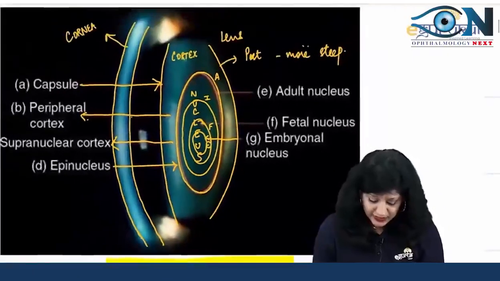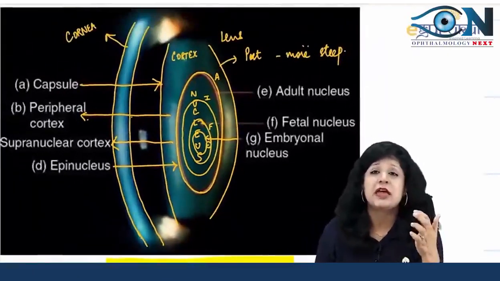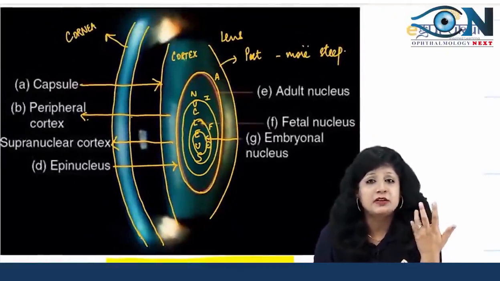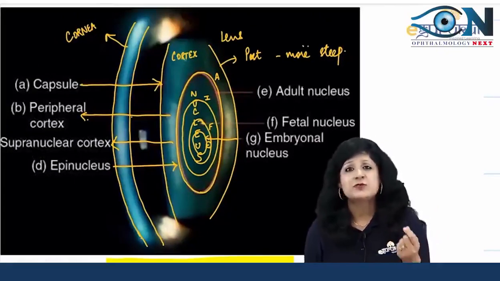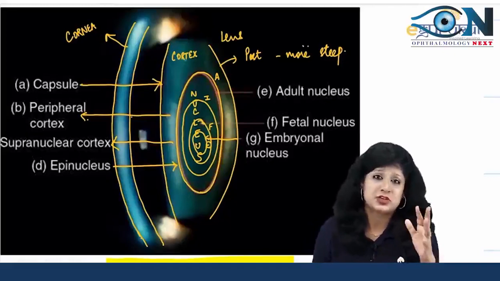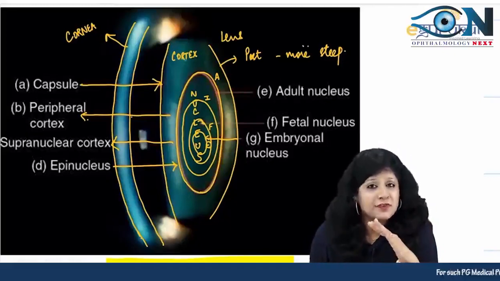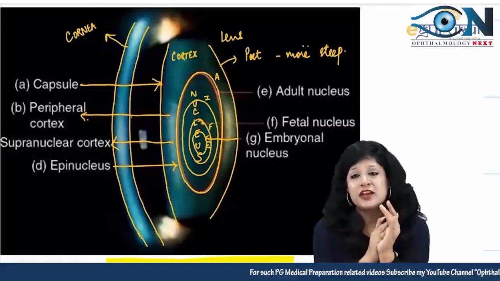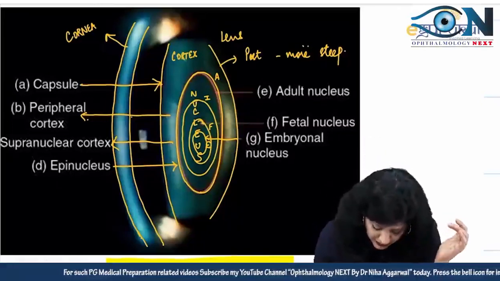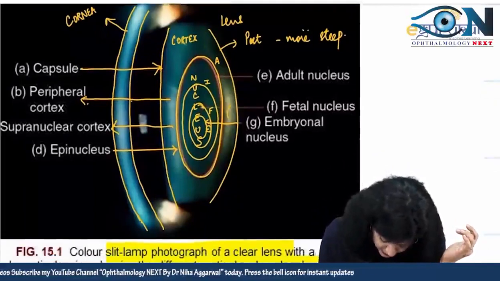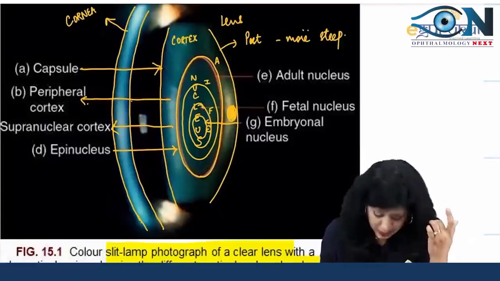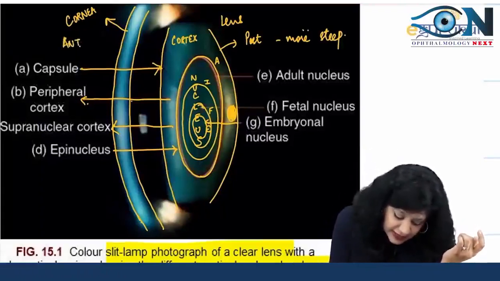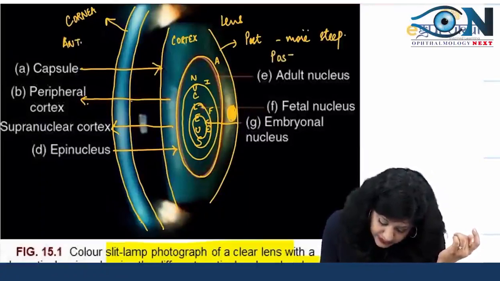So very easily you can understand the slit lamp examination, and this will help you a lot in solving clinical questions related to the lens, because slit lamp examination is the simplest examination when it comes to ophthalmology, and it's very, very simple. You just have to see from which area you have the cornea. Now let me give you an example. Suppose they have said that there is an opacification here. Then how will you approach this? So this is my anterior side, and this is my posterior side. So obviously this cataract is a posterior cataract.